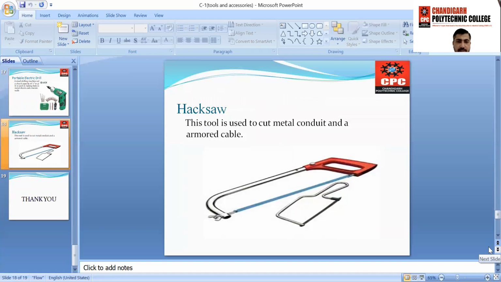And the next tool is the hacksaw, a cutting tool. This tool is used to cut metal conduits and armored cables or wires. It is very helpful for large scale or thick cables, to remove the insulation or to cut and make a joint on the cable.